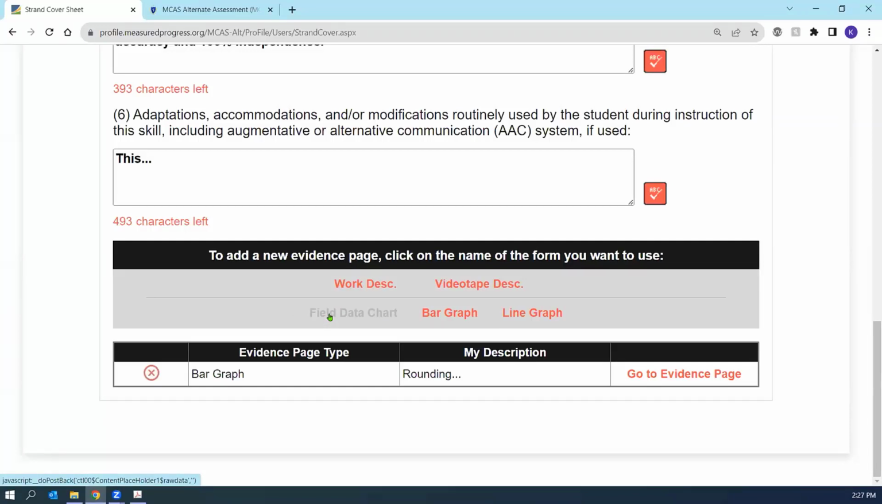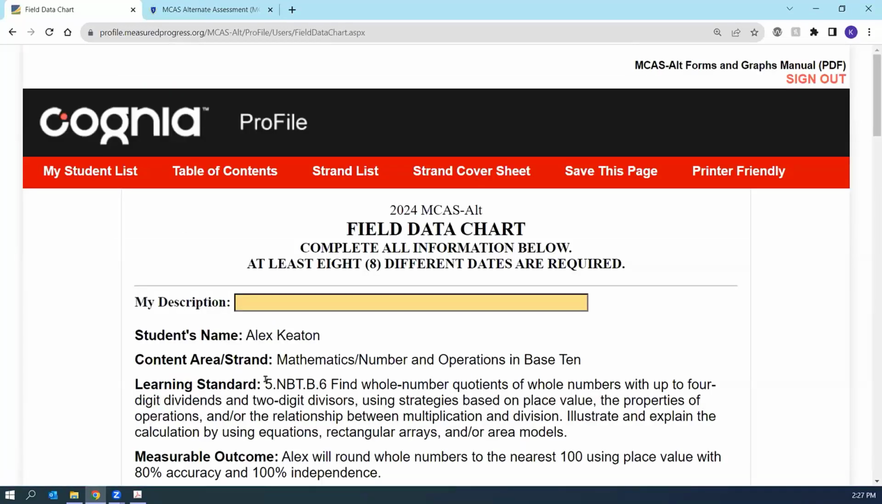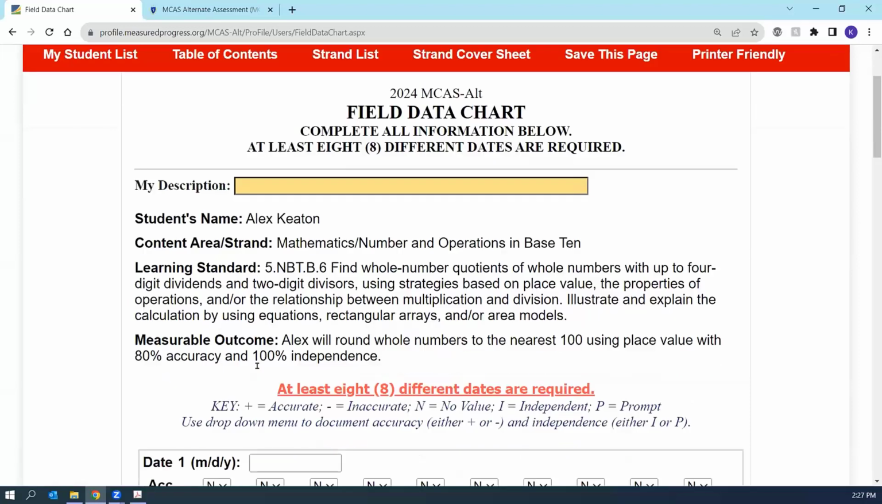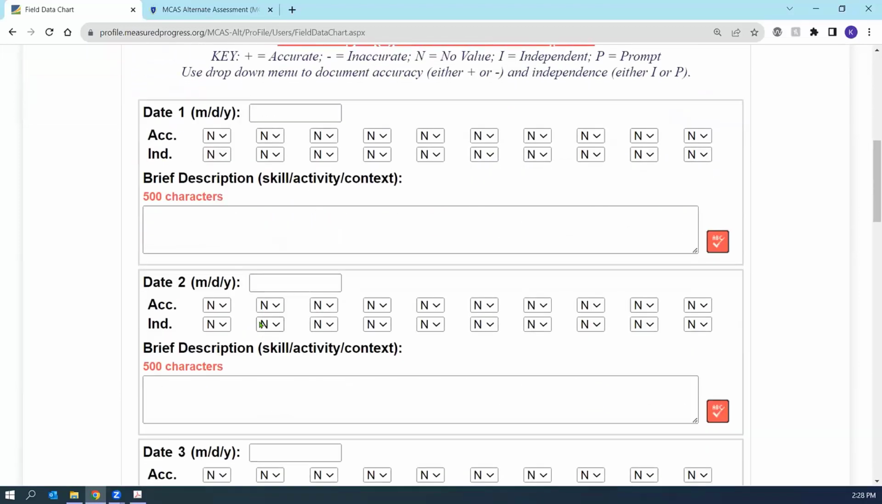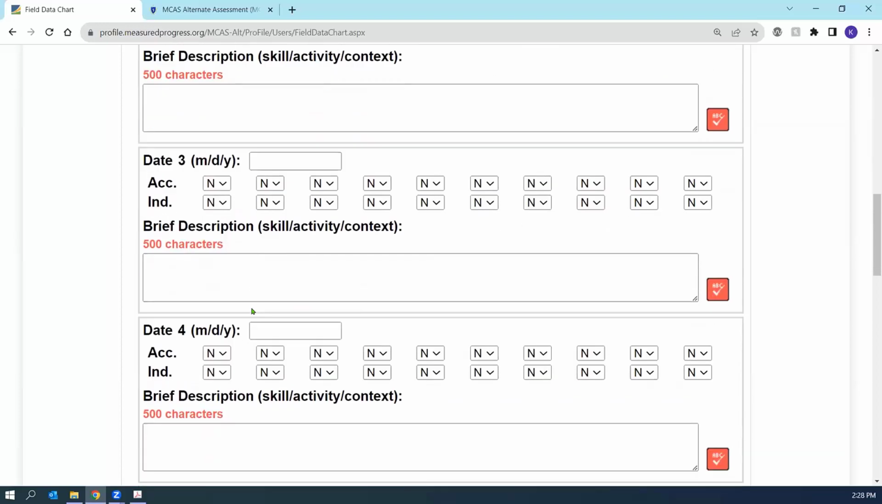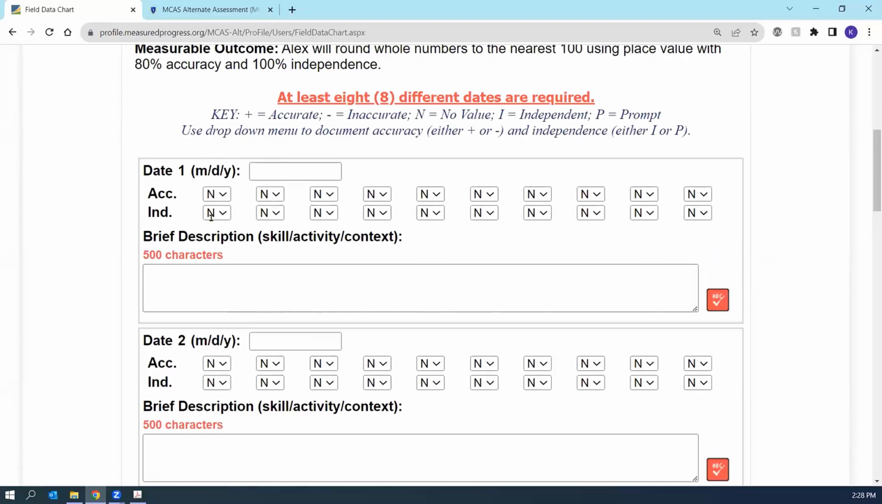But I want you to see how you create the field data chart, particularly if you're working with Access skills. They tend to be used a little bit more frequently. So same approach, click on field data chart, go to evidence. The top looks pretty much the same. It's carried over everything it knows, but then it takes a bit of a turn. So it's a whole bunch of prompting for different data entry across up to 10 different days. So in each given day, there's a series of trials where you can denote the accuracy and the independence for